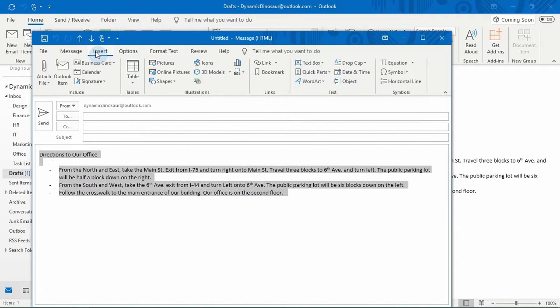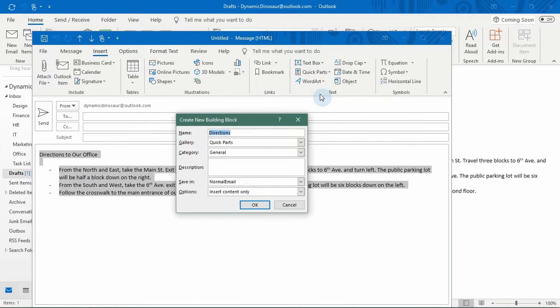Over towards the right, you will find the Quick Parts button. Click there and select Save Selection to Quick Part Gallery. Now this opens a dialog box where you can name your quick part and decide how to save it. For this one, it's automatically pulling the name Directions out of the first word of the text, and that's good